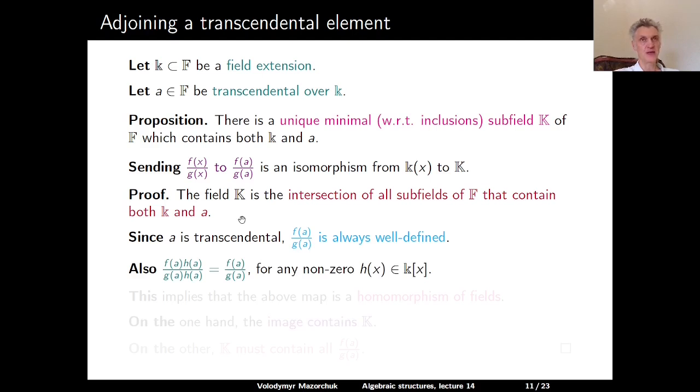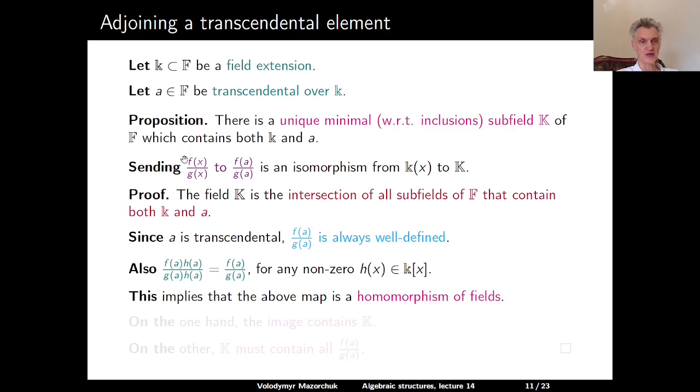Also, this value is constant on the whole equivalence class of rational functions. So f of a divided by g of a is of course equal to f of a times h of a divided by g of a times h of a, for any non-zero h of x, a polynomial with coefficients in k. And this implies that the above map is a